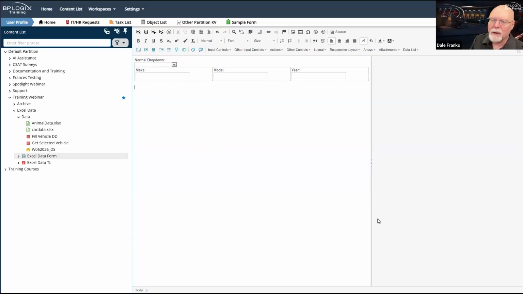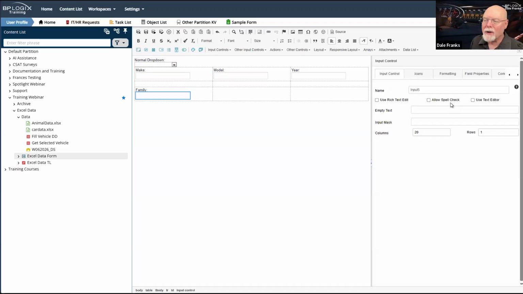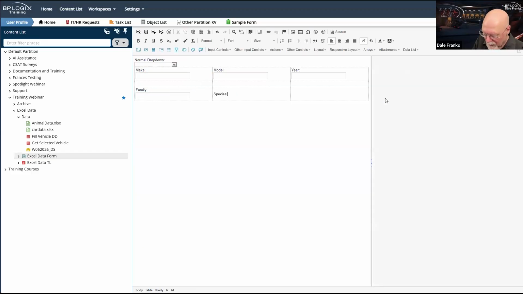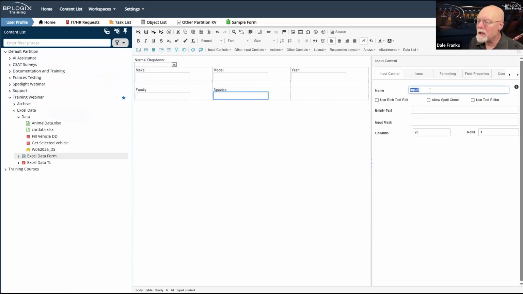You know what? I should also do this in a table. So we'll just go here. Let's make a couple of changes. We'll just give ourselves a space, and we'll just go with, my caps lock is on apparently, family, and we'll have a drop down that we will call family. And then we have a species field, and we will have a drop down that we call species.